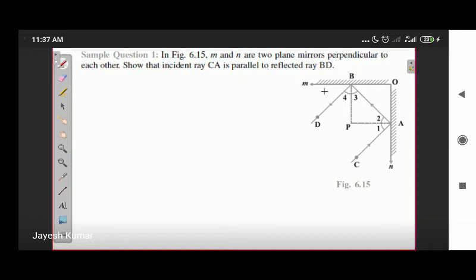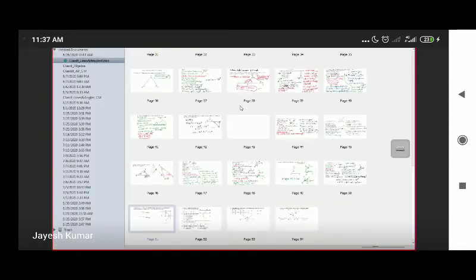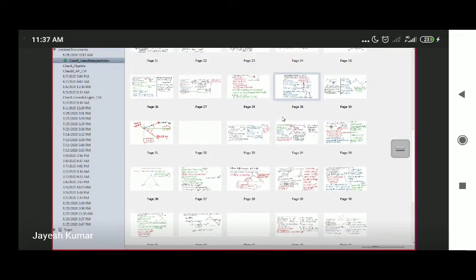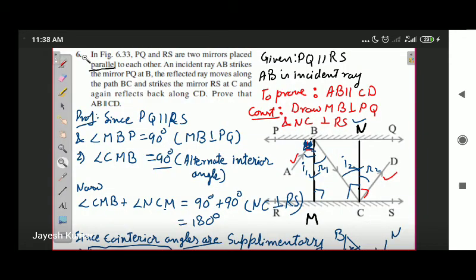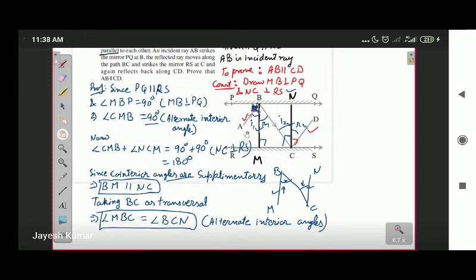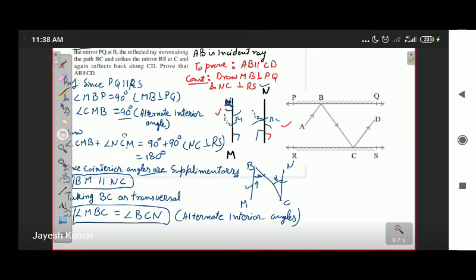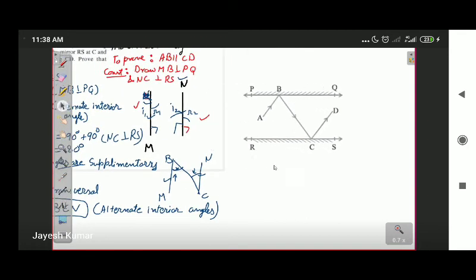This is the type of question that we have discussed earlier. In our exercise 6.2, there was question number 6 in which we have two mirrors. Let me refresh your memory by showing you the question. This was the question, question number 6 of exercise 6.2. We did it. Let me take the diagram somewhere. Okay. This was the diagram of this question, and what we did was